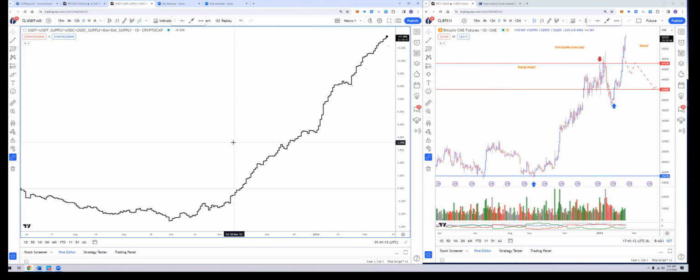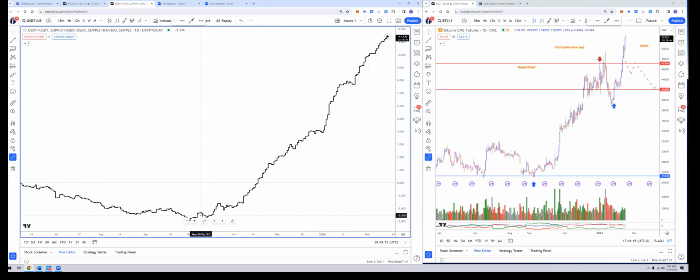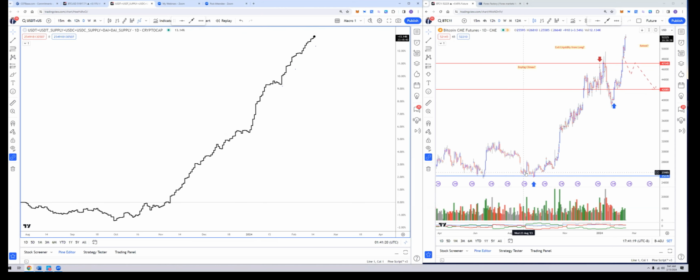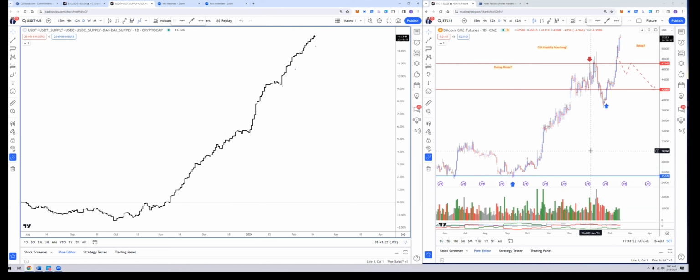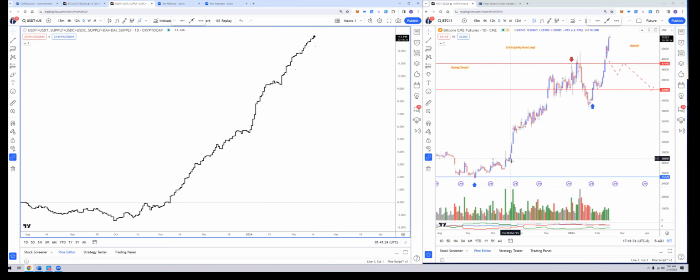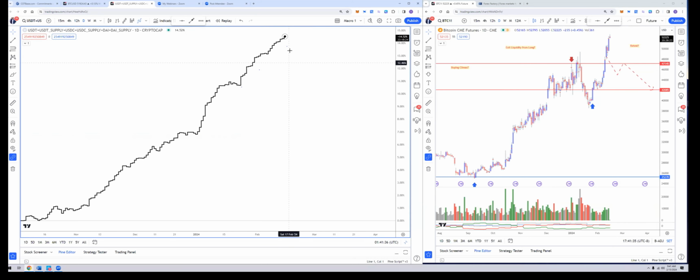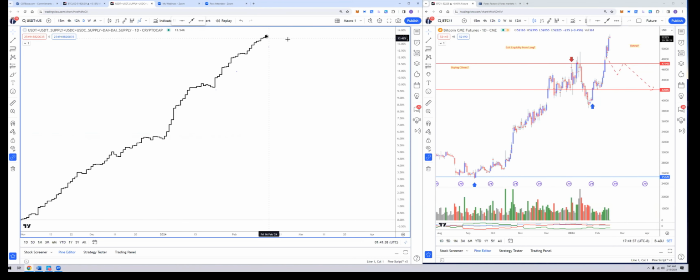If you look at it here, the bottom was somewhere in October. Since October, November, they really start to go up, right? So the market was bottom since October, December also. You see, October, December also the market starts to go up. So this chart on the left basically drives this chart on the right. So I think it's too early for us to say bearish lah. You can see this whole thing keeps on driving up higher. So we'll be watching closely. Let's see this guy start to drop, then we have a different scenario.